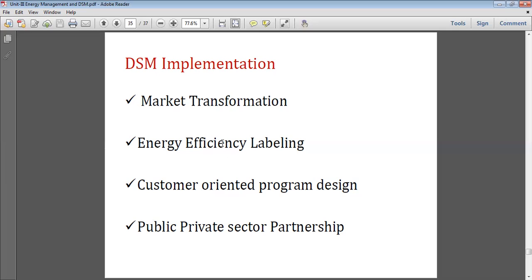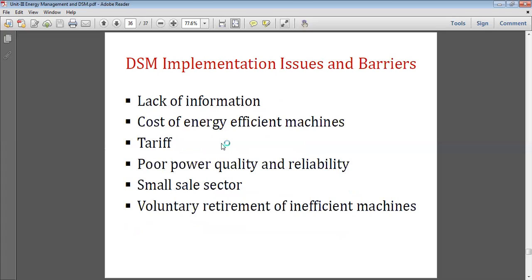So today we will stop here. Next time we will see the DSM implementation issues and barriers. What are the difficulties in